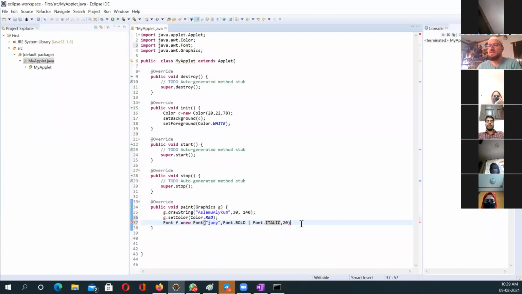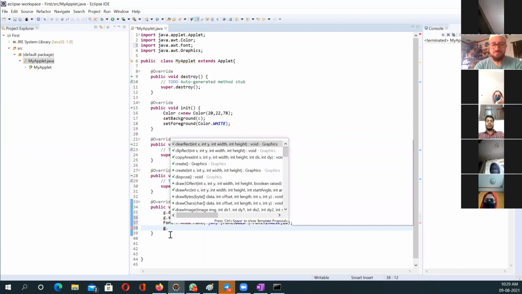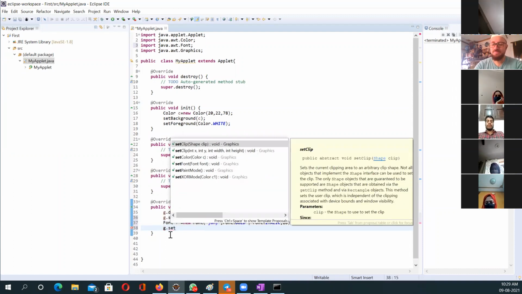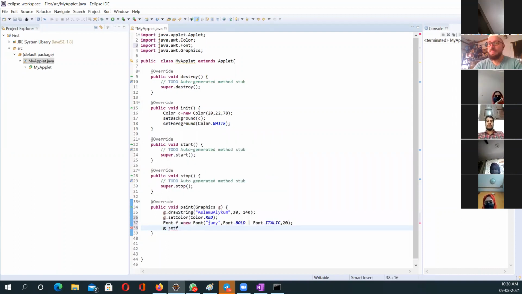अब जो भी मैं करूंगा उसका set color red हो ही जाएगा. अब जो भी मैं लिखूंगा वो उसका रेड कलर होगा, व्हाइट नहीं होगा, क्योंकि मैंने सेट कलर क्या किया, रेड. लेकिन फॉन्ट मेरे को अप्लाई करने पड़ेगा। वो किसको मैं अप्लाई करूंगा? जो ग्राफिक्स ऑब्जेक्ट मेरे पास है जी, यूजिंग द सेट फॉन्ट। और इसमें मैं फॉन्ट ये एफ जो मैंने अभी बनाया उसको मैं सेट करूंगा।